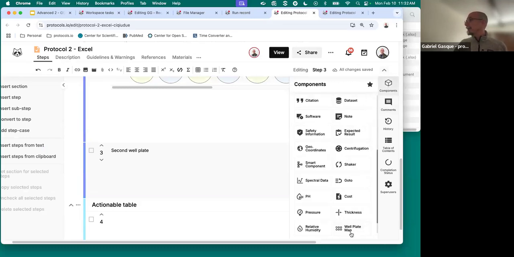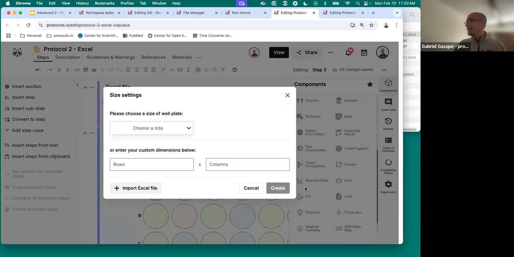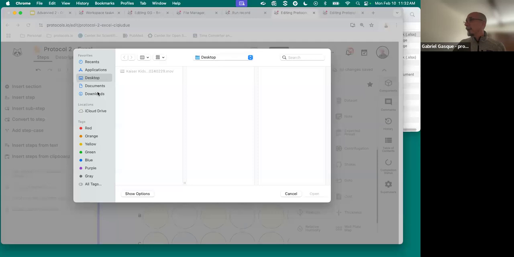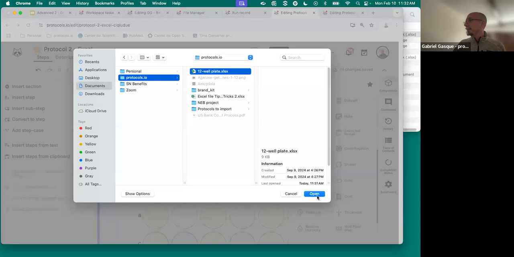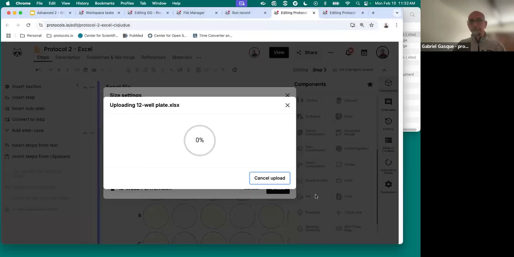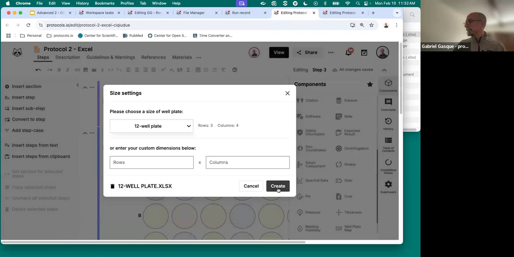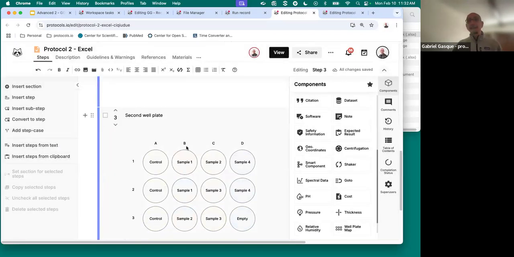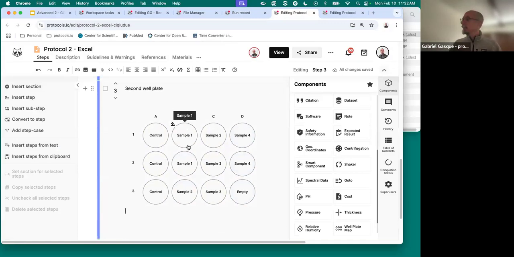So I select components, well plate map, import from Excel, search from my file, and the 12-well plate has been created from the template that I generated in